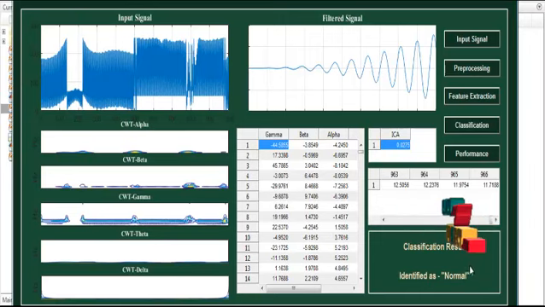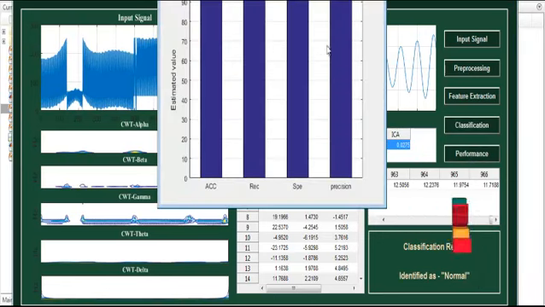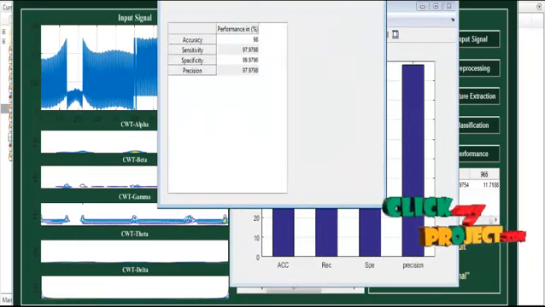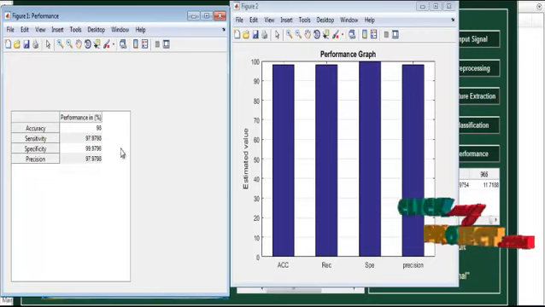Whether it is normal or abnormal, the result will be displayed like this. After that, we move to the final stage of the project, that is the performance estimation. We already discussed the performance estimations like accuracy, sensitivity and specificity. So the values of accuracy, sensitivity and specificity are plotted in bar chart format as well as in